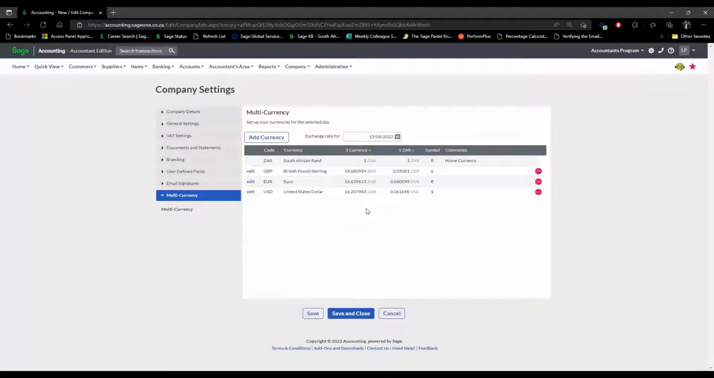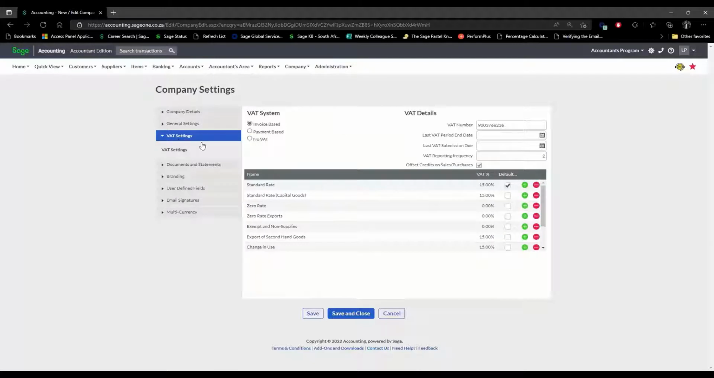So you can set that so that when you're doing your processing, you have the option to create a pound, euro, or dollar account, whether it's for banking or when processing, for example, any of your invoices. So that's just another cool feature to look out for when you do choose to use the multi-currency. Now, going back to VAT settings, you'll see on VAT settings, you have the three different types of VAT types